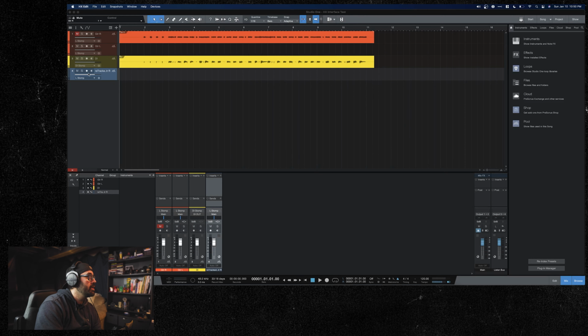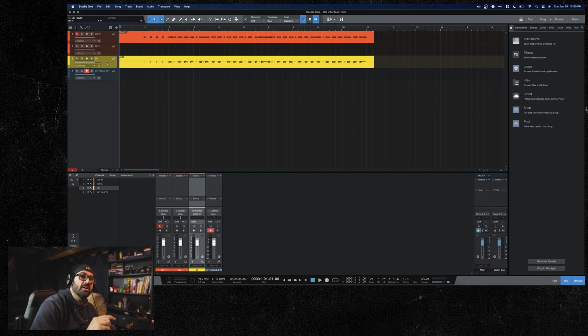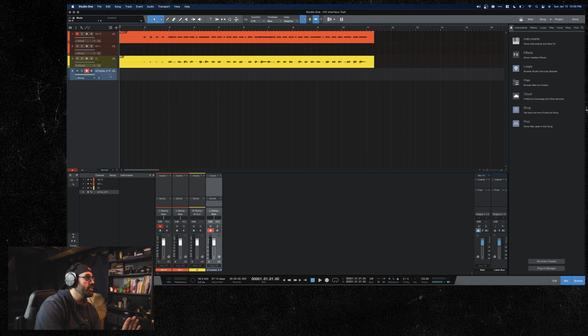So now we're going to hit ARM for this. Now when we hit play, it's going to be sending this channel out to USB 5 and 6 because there's 8 channels of audio on the USB signal. I don't want to go too far into that. Trust me. It's going to be sending out 5 and 6. This is going to be going through the Helix and then back onto this channel. So if I hit record,